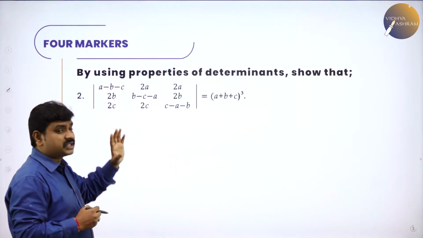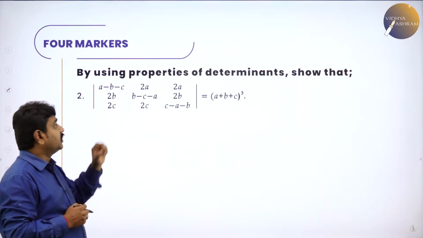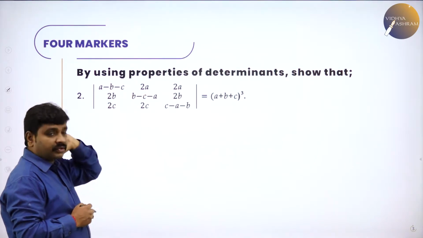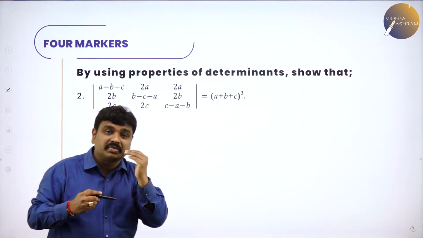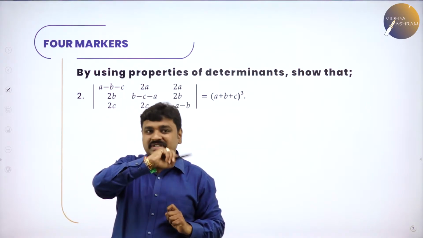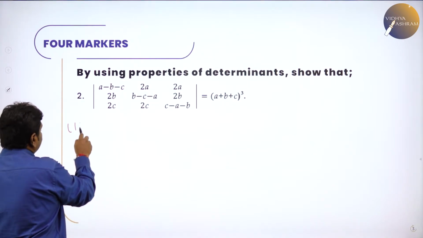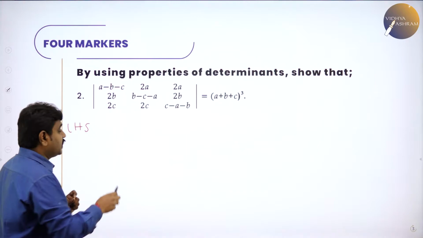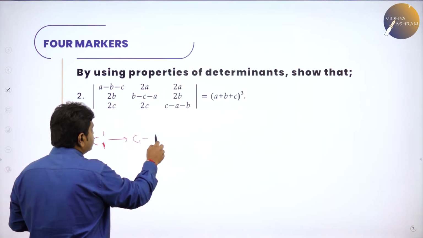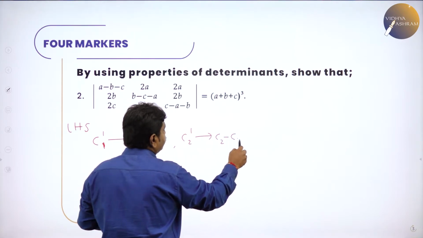So if I observe this problem, if I add or subtract, there is a chance of getting it. So A minus 2A becomes minus A. And already we have minus B minus C, so we can again take the same transformation we used in the last case. In the last case we used this transformation and the process became simple. In the last case what was the transformation we have taken? So the same thing we will follow. So in the LHS, what is the transformation? C1 dash, new value of C1, is C1 minus C2, and C2 dash is C2 minus C3.